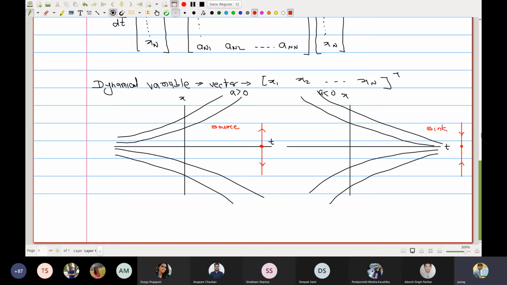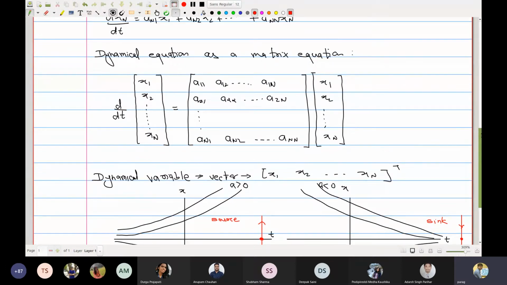So to analyze the first order dynamics, you focused on a, and the value of a gave you all the information about the dynamics or the fate of the system. For an nth order system where you have a coefficient matrix aij, the dynamics of the system, whether it would be a source type behavior or a sink type behavior, or in fact a third one which will come later, will depend upon the n by n coefficient matrix.